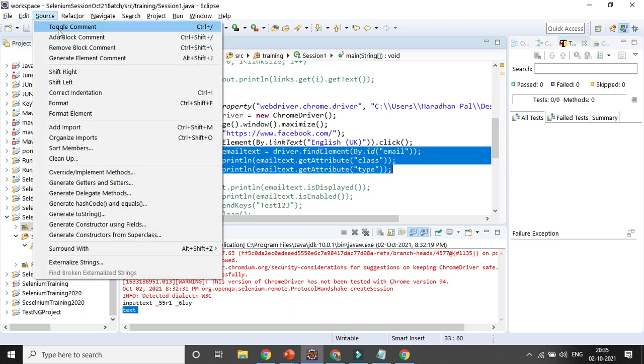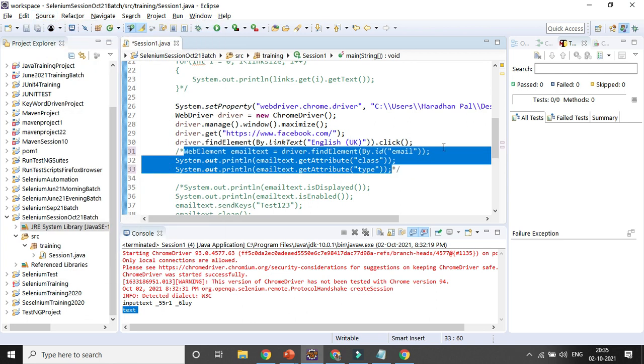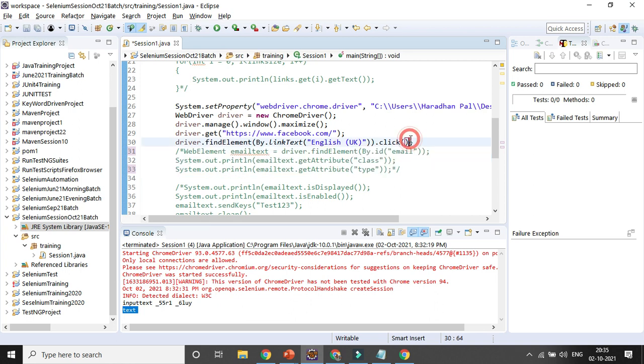And now instead of that one, I will be storing it in a web element. It's better that every web element you store somewhere with some variable, so that you can use it multiple times. So give some suitable name like English link, so that you can identify what it is all about: a link, a button, a text, or like that.